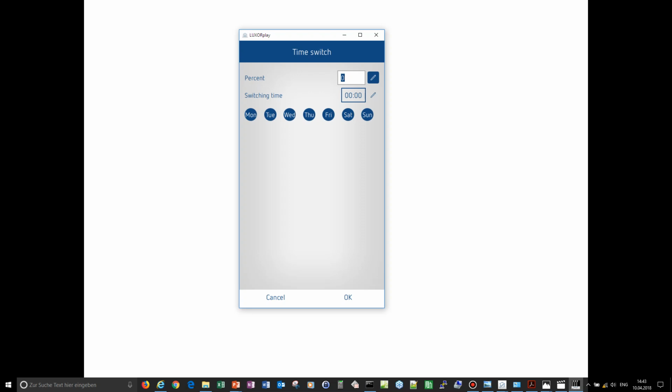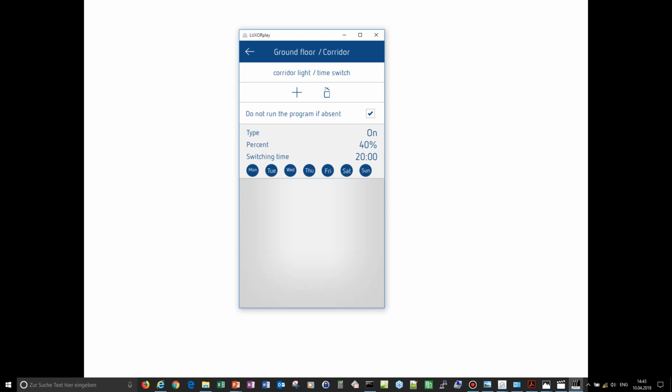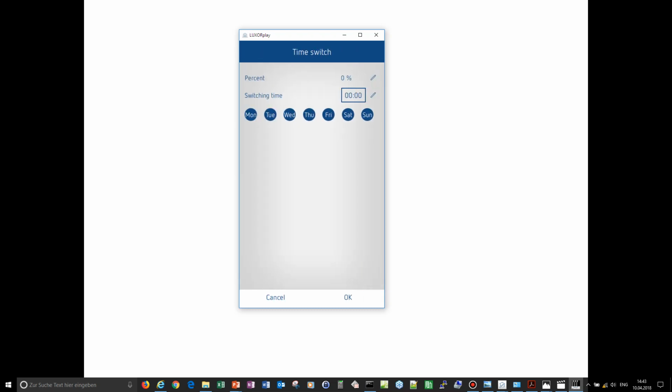I will click on this one. First interval would be 40% at 8 o'clock. Next interval will be 5% at 11 o'clock.